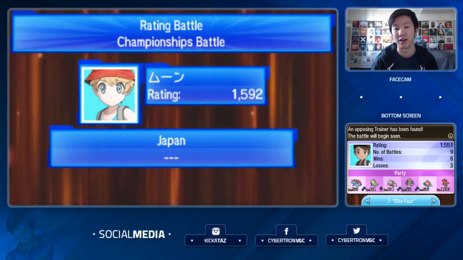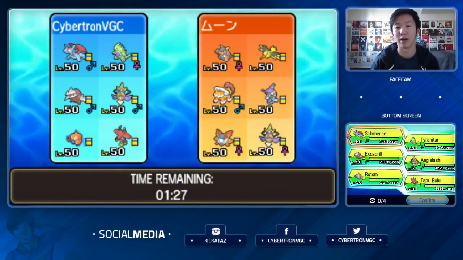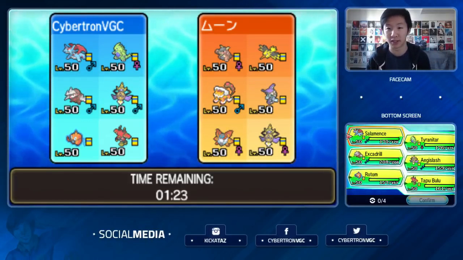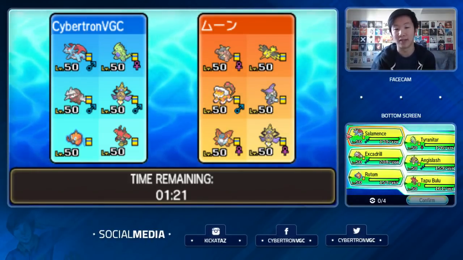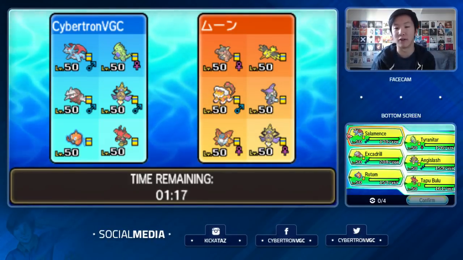We're going to find a Japanese opponent to kick off today's first game, running a very standard team. This is probably one of the compositions that you guys should expect to see going into this upcoming format. And it is basically an updated version of...